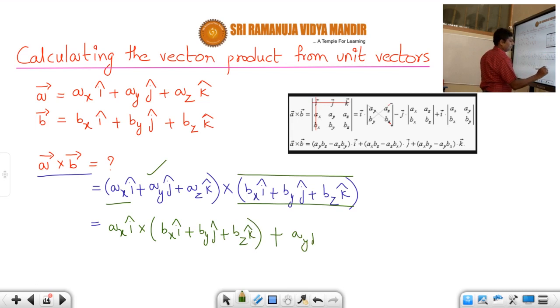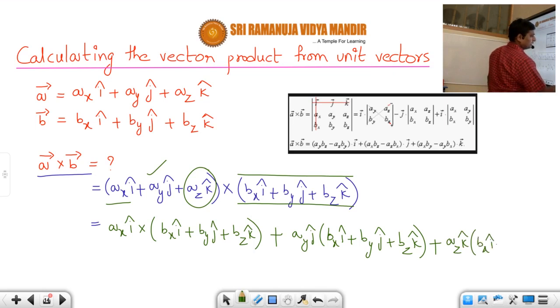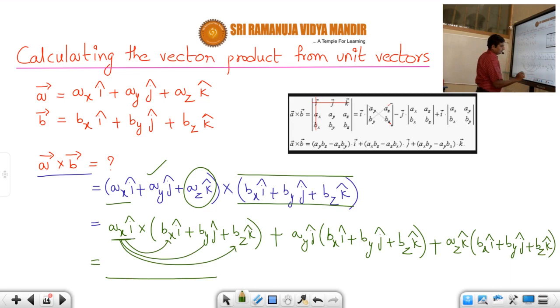Then plus, again you take the second term and multiply with this entire second vector. That means AY into j cap cross BX into i cap plus BY into j cap plus BZ into k cap. And then the third one, plus AZ into k cap cross BX into i cap plus BY into j cap plus BZ into k cap. This is the standard procedure, students. Now each one you have to multiply like this, like this, like this,